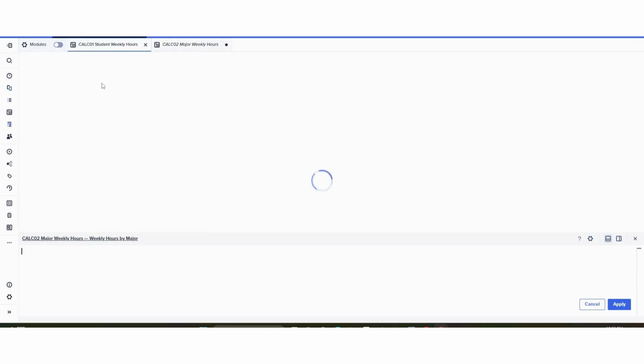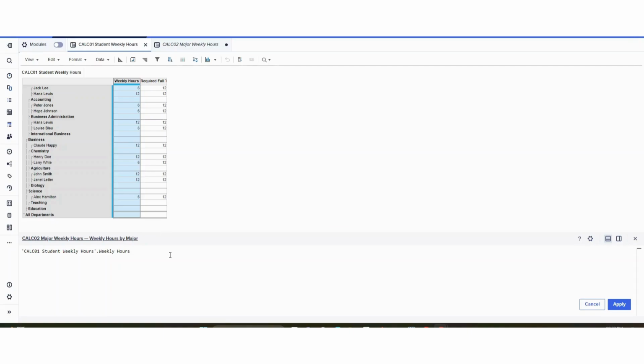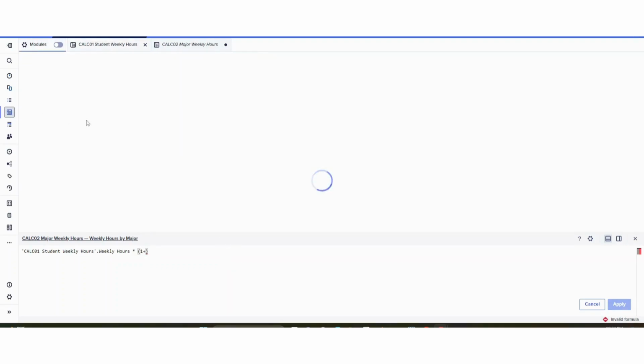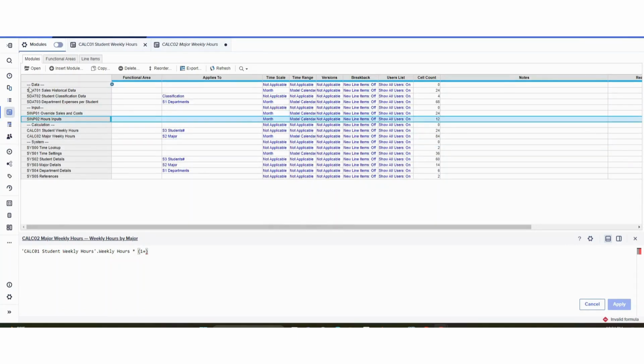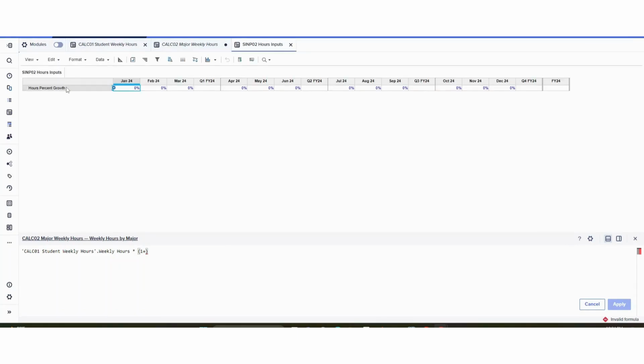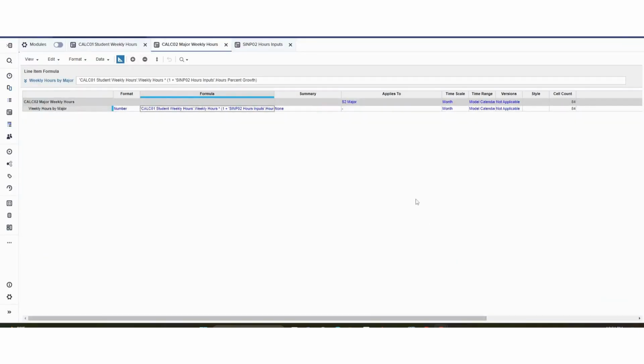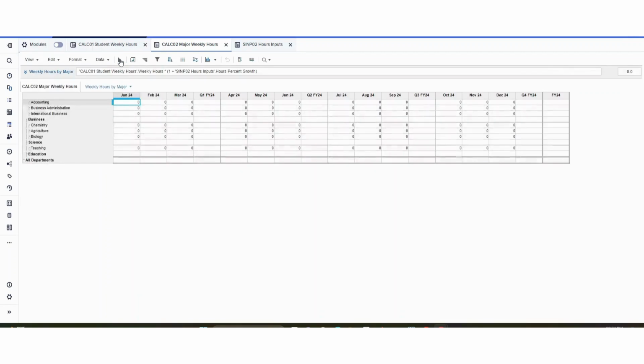We're going to reference weekly hours directly, and we're going to multiply by 1 plus the estimate that we want to put on hours. So we're going to reference the percent growth of hours that we want to forecast, and as you can see, it's 0